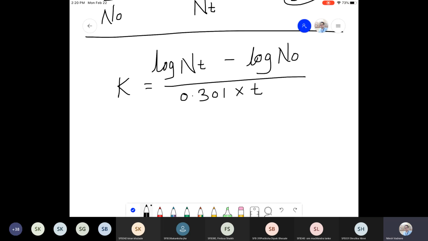So what is your value for k? 19.9. नहीं,